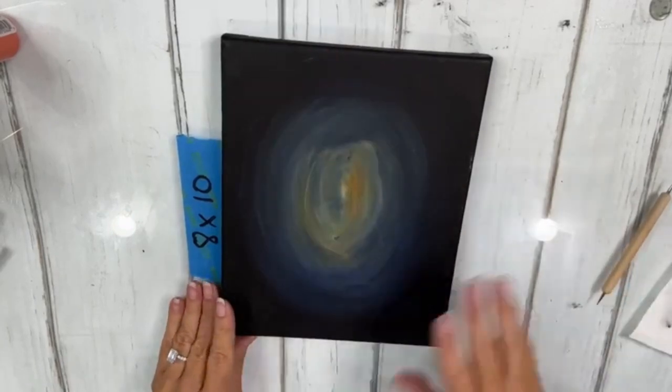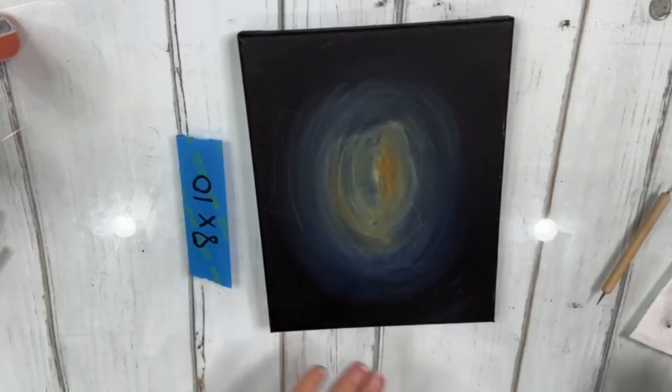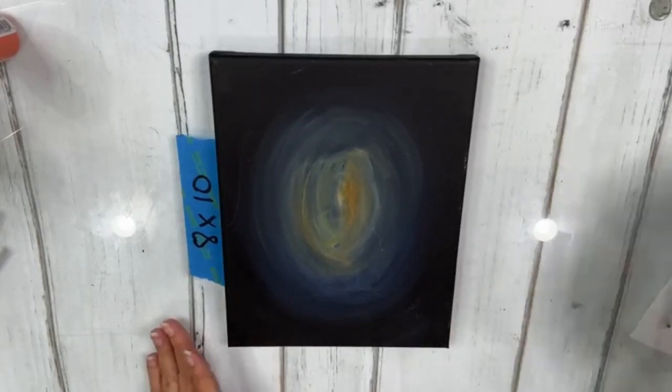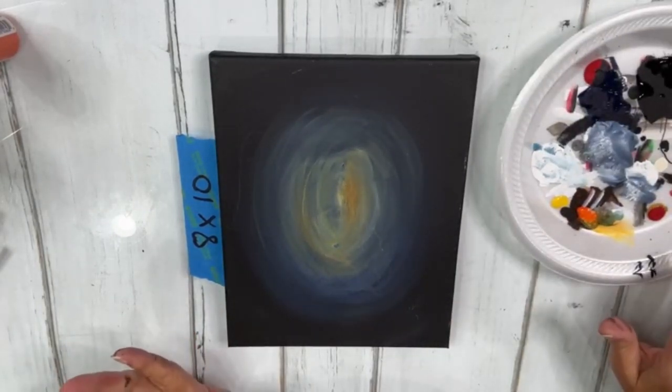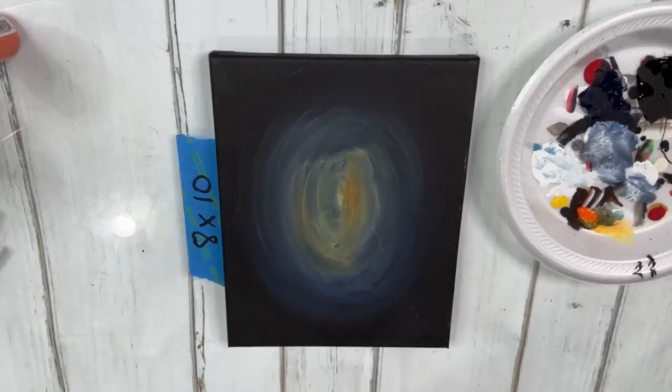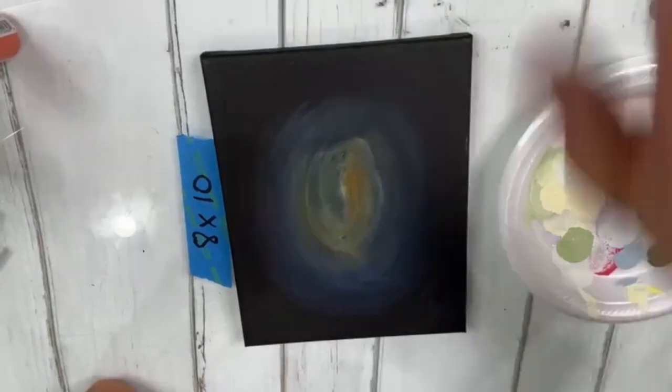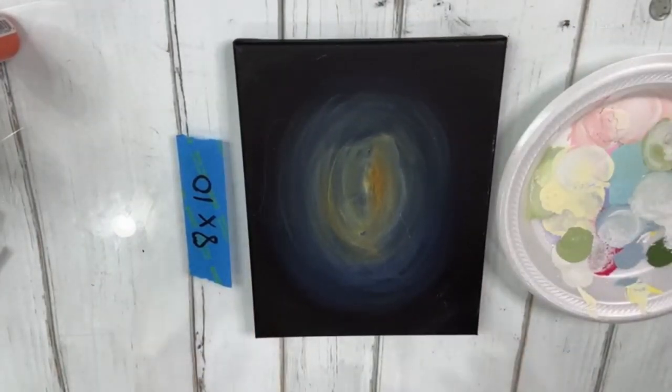All right, I'm gonna start on my fire first. So I'm gonna add some fire colors to my plate. Feel like I need a new plate because there's a lot of black floating around in there, and I don't wanna get it all mixed up. Now this is a used plate, but we're gonna use it again anyway, because my stack of plates is gone. I don't know what happened to them. Oh, they're in the back, I think, in the kitchen. I need like a whole stack full. Okay, so